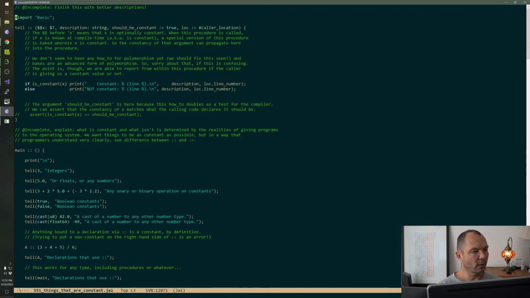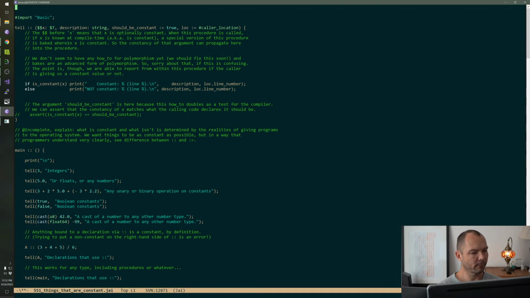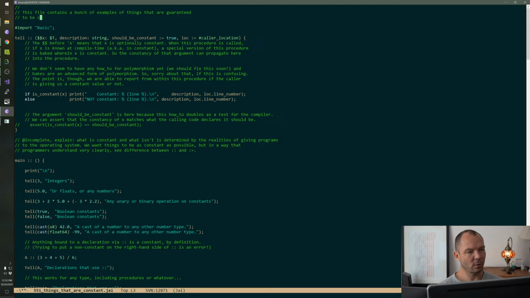Okay. This is probably good. This file contains a bunch of examples of things that are guaranteed to be evaluated at compile time as constant expressions.